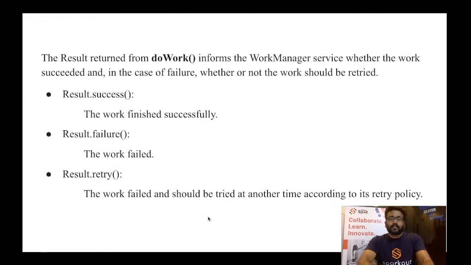So the doWork method, which is from WorkManager services, mentions whether the work has succeeded, or in any case the work has failed, or in the failure case whether we should retry or not. So Result.success indicates that the work finished successfully, and the next one is Result.failure, which indicates that the assigned work failed. Then Result.retry. This indicates that the work failed and should be retried at another time according to